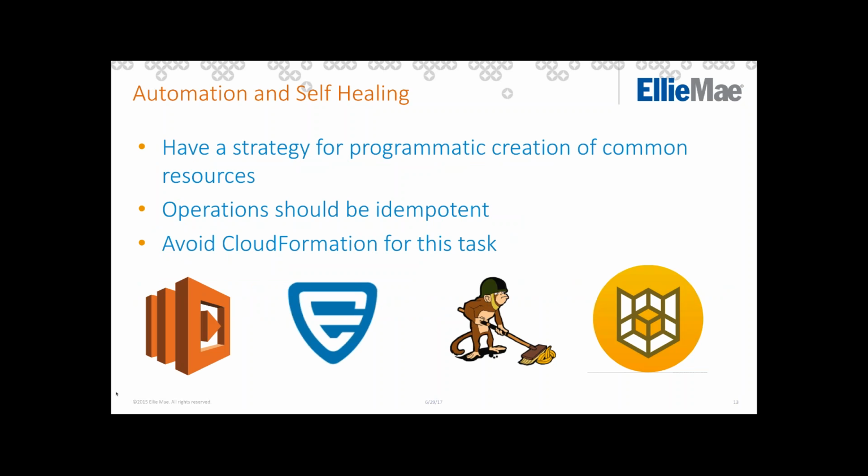So, automation and self-healing. This is getting into the funner part of the webinar. One of the most important things is, if you talk about AWS accounts, and some people work in big shops. Ellie Mae is probably a mid-sized shop, but I worked at a rather large AWS customer, with a monthly bill measured in the millions of dollars, and the AWS accounts were 250 plus, 300, and everybody would always say, well, that's a lot of AWS accounts. You must be crazy. But the thing is, if you have a proper strategy in place,